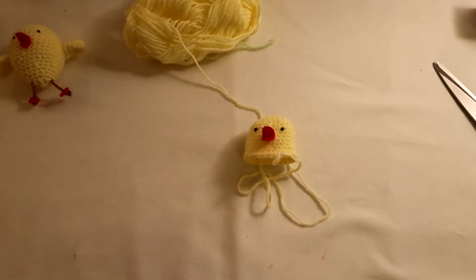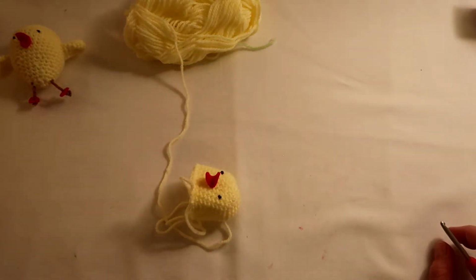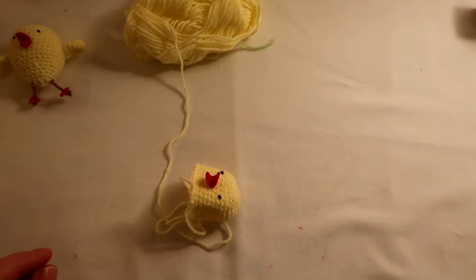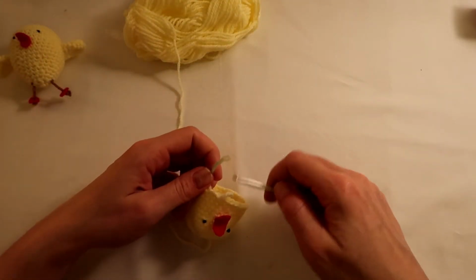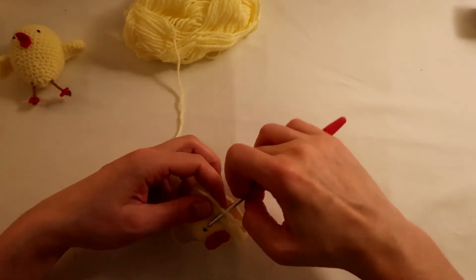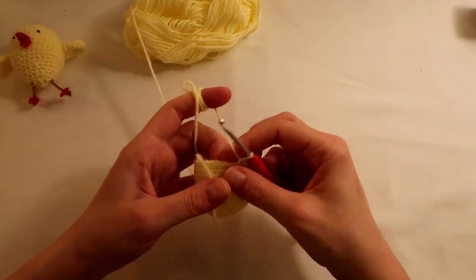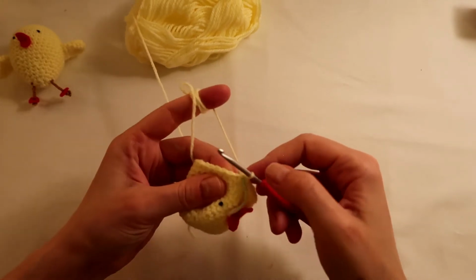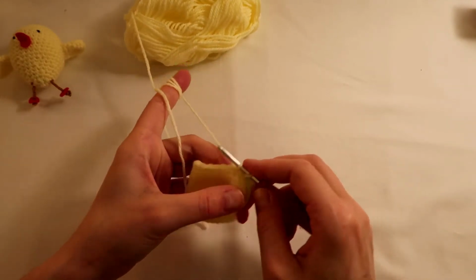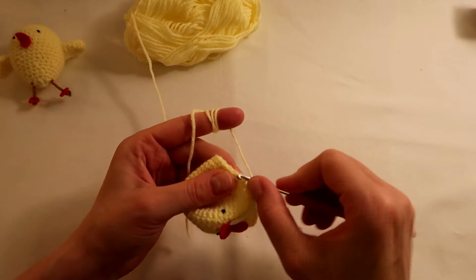And now we're just going to decrease a little bit, but we will have to put on the wings quite soon, because otherwise it will just get too difficult. I think I have misplaced my marker. There it is. So put my marker back in, and I'm going to start by doing 3 double crochets, 1 in each stitch, followed by 1 decrease. So 1, 2 and 3,